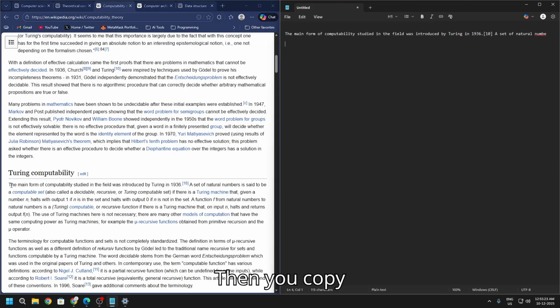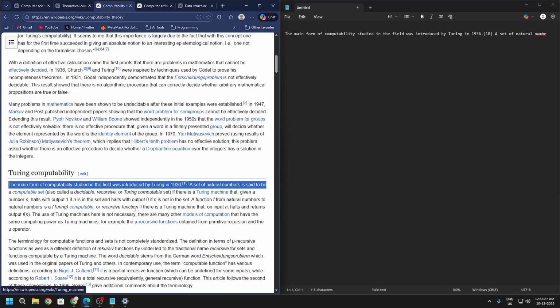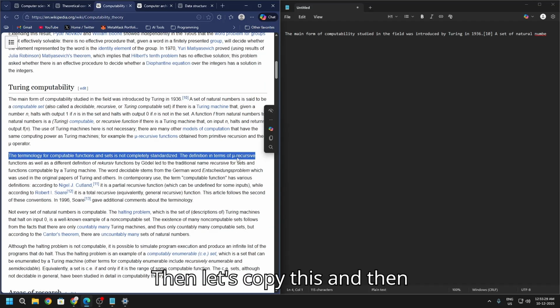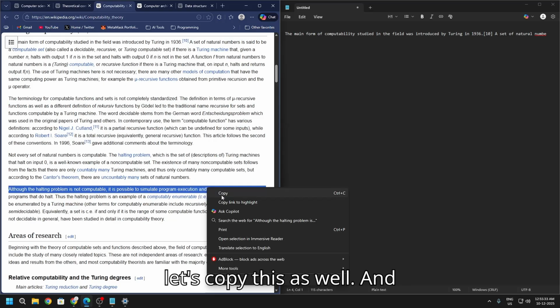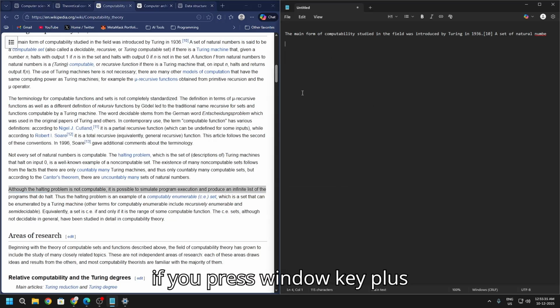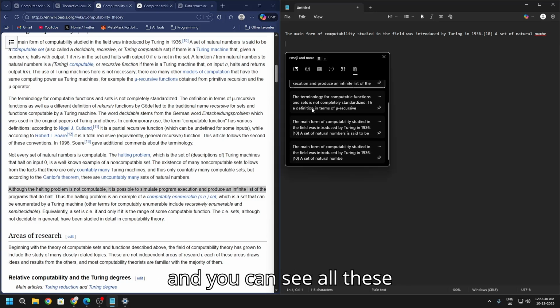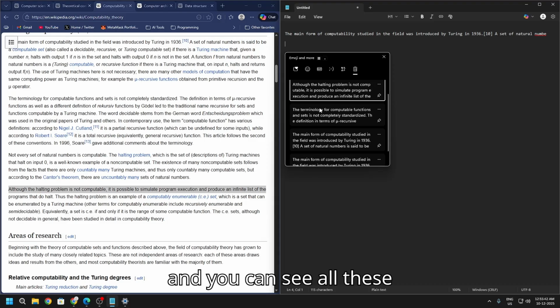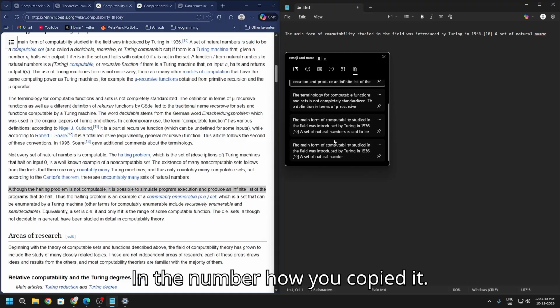Then you copy something else. Control. Then let's copy this, and then let's copy this as well. And if you press Window key plus V, it will show the clipboard, and you can see all these items one after another in the number how you copied it,